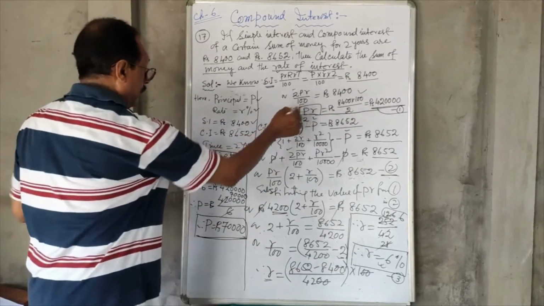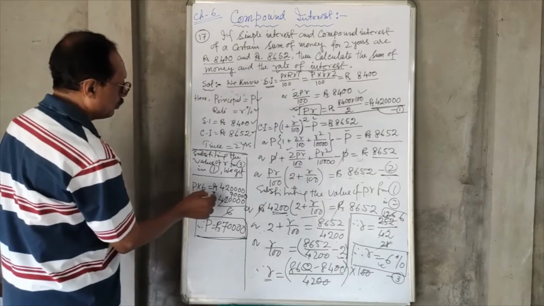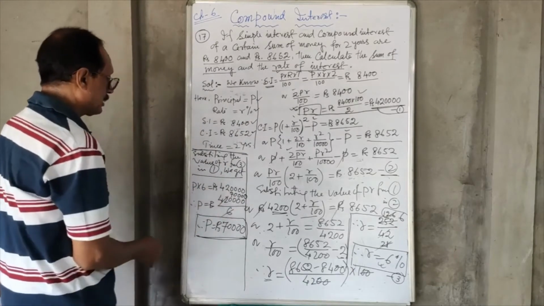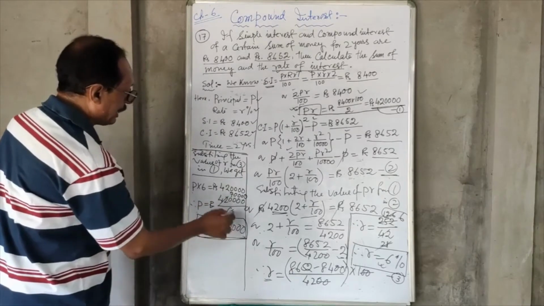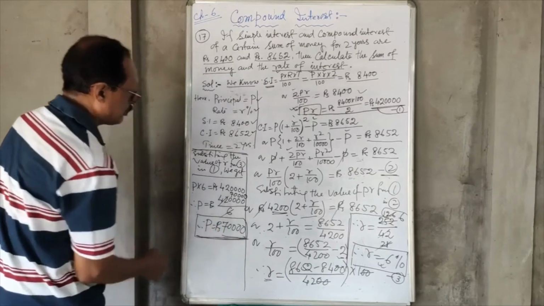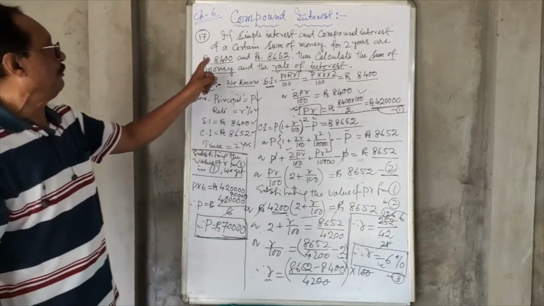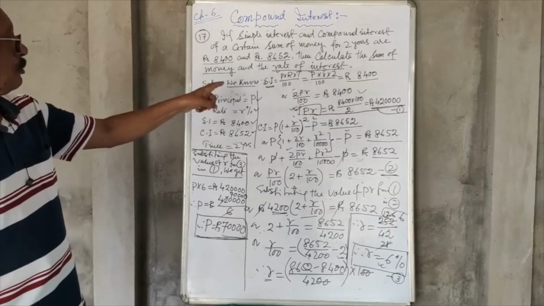Substituting the value of R is equal to 6 in equation number 1, we are getting P into 6 is equal to rupees 4,20,000. Therefore, P is equal to 4,20,000 by 6. And after calculating, we are getting the principal was 70,000. 70,000 was the capital. So in this problem, two things we have calculated using both the formulas of simple interest